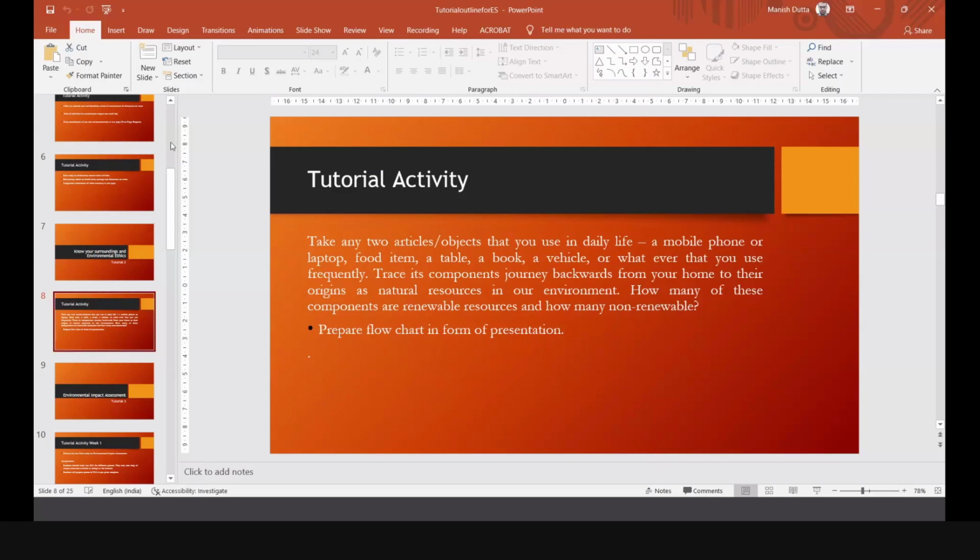Okay. So for your understanding, I'm sharing a link with you. It has got nothing to do with this tutorial, but it's food for thought. You can think about it. The mobile phones that we use have a background: the cobalt that is needed for preparing the mobile phone originates in Africa.